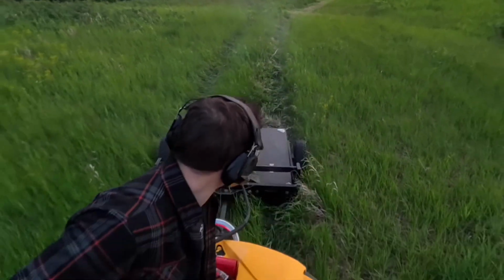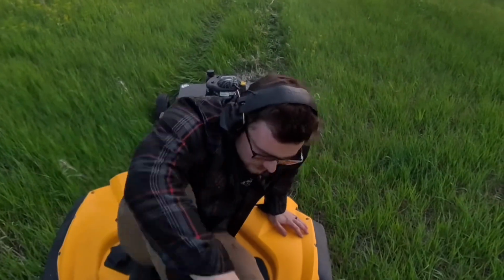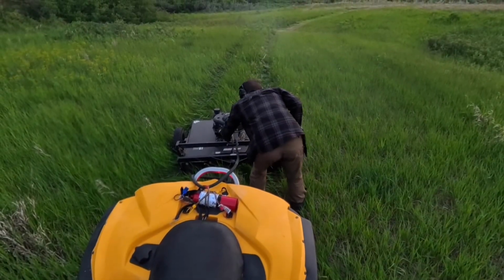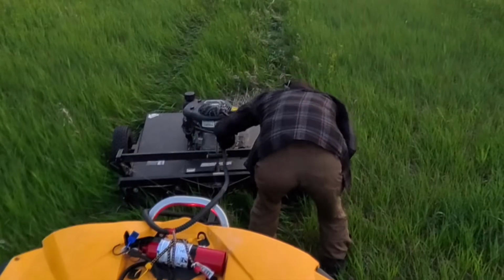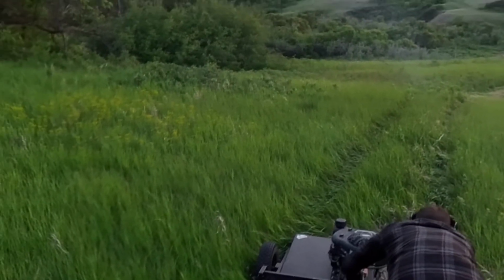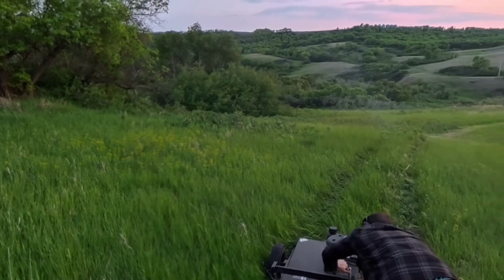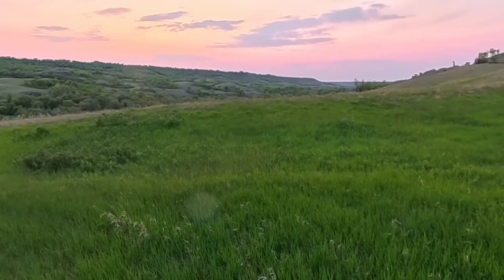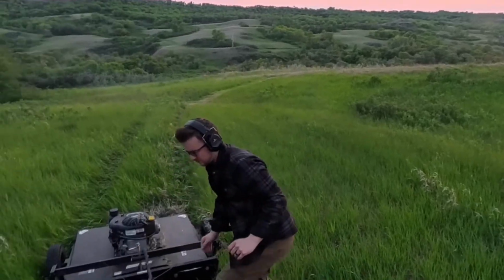So you stop those as fast as possible, because if you stop that, then you're not putting wear and tear on your belts. Again, I'm glad I didn't smoke my belt the last time. I must have a heavier duty belt or a more robust system, because I feel like on my trail mower I would have cooked the belt at that point. I guess with the way the blades work, there's a little less torque being applied to the belt. Anyways,